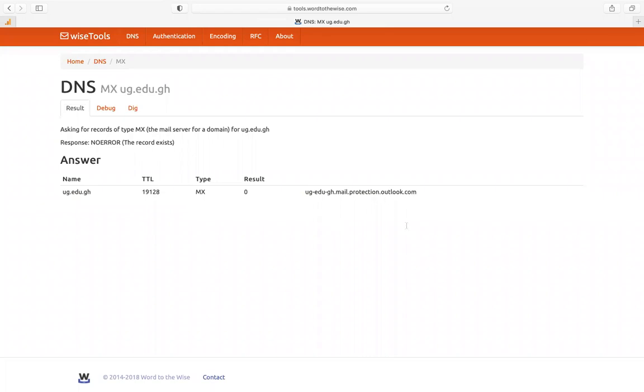So this is the mail server of Eugene. They are using Microsoft Outlook. So Eugene is using a Microsoft server to send mails. So the mails you've been receiving pass through the Microsoft server. So all your mails are from Microsoft. That's the Outlook, mail.protection.outlook.com. So eugene-ado.mail.protection.outlook.com. This is what